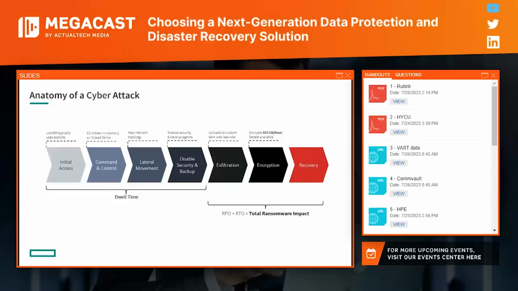But at the end of the day, what they've started to do is disable security and backup. And that's the scary part. They're ensuring that you're going to have very limited capabilities around recovery if you don't have backups and you don't have your proactive security products working. So once they encrypt, they know that they have you exactly where they want you.